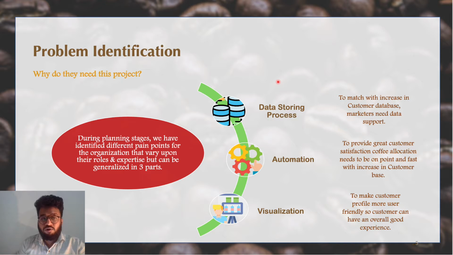After thoroughly reviewing the company's current process flow and collaborating with them, we determined that there are three major issues that required changes. Firstly, it was the data storing process. Currently, their data is dispersed and difficult to manage, which may lead to more errors. Secondly, the coffee was chosen manually, which is working fine now, but as their customer base grows, this manual process will become more complex and time consuming with a higher risk of error, potentially leading to a loss of